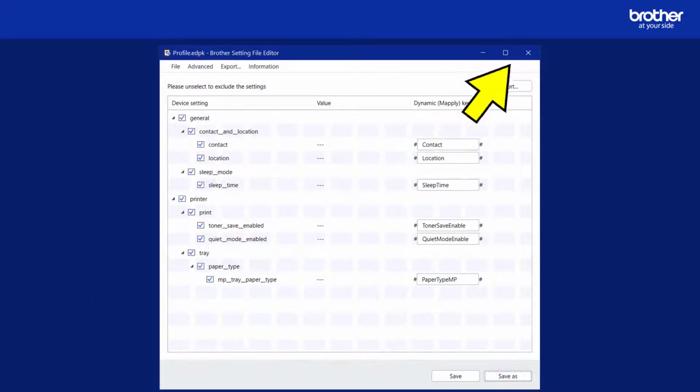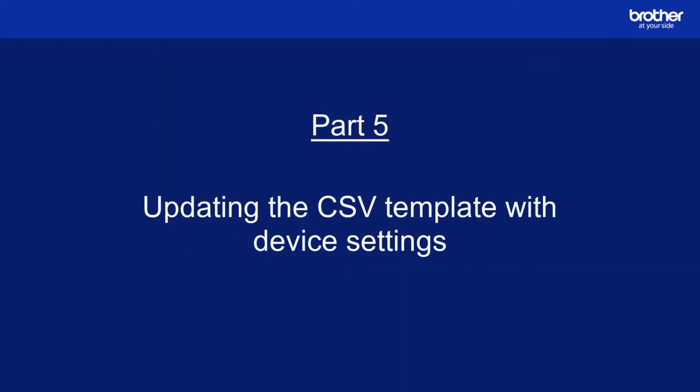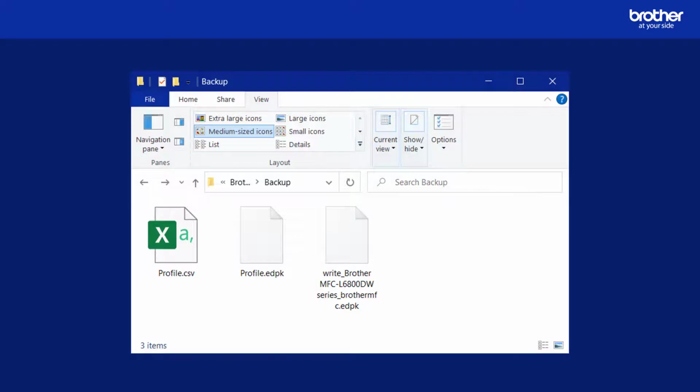I was now able to close the Brother Setting File Editor and Mass Deployment tool. At this stage, I had the following 3 files. What I needed to do now was add some settings into the CSV file.